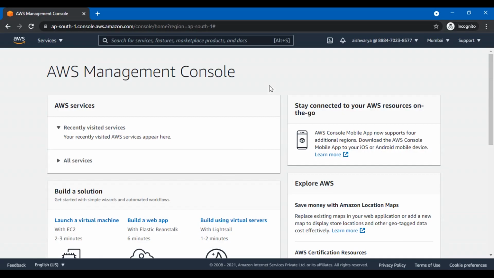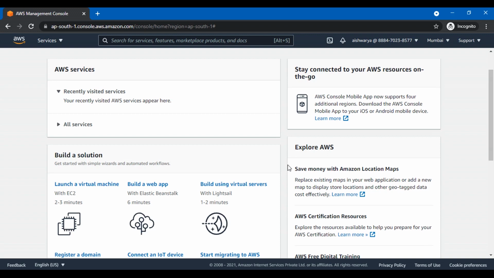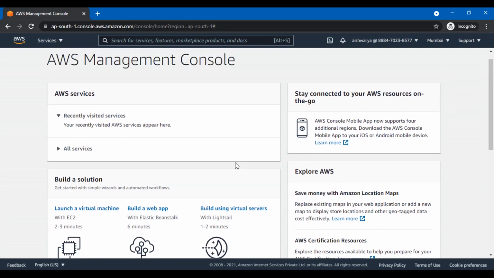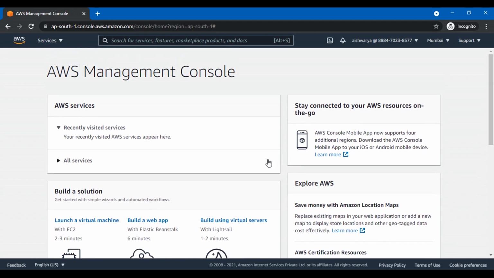Yeah, here we are in the AWS console. Here we are going to create a pipeline which will deploy the code that is maintained in CodeCommit, and this will be deployed to a single EC2 instance. The pipeline will be triggered when I push a change to the CodeCommit repository, and the pipeline will deploy the changes to the EC2 instance using CodeDeploy as the deployment service. So this pipeline will have two stages: one is the source stage, and the next is the deploy stage. This is just a two-stage pipeline that I'll be building right now.